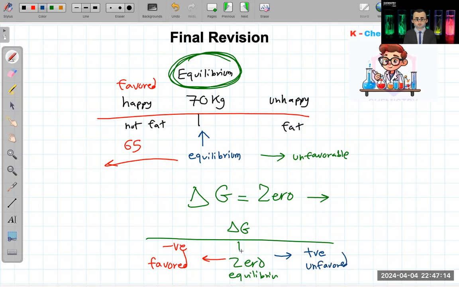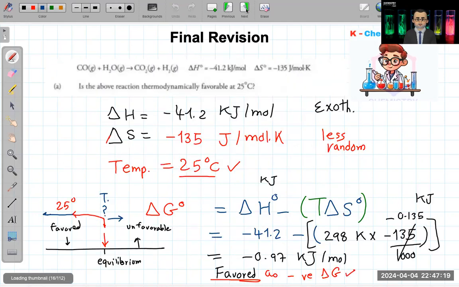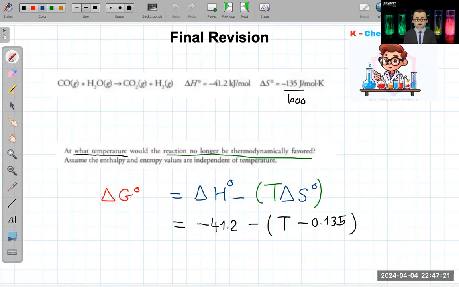So I'm asking you to find the perfect temperature at which there is a move. So what to say here? Then put instead of delta G, 0. Again, this question will come a lot, and you will find it also in the course revision in a similar question. What is the temperature at which you are moving between favored and unfavored? You are not favored or unfavored. You are 0. So you have to put delta G as 0. So if you calculate it here, you will get temperature equal to 305 Kelvin.